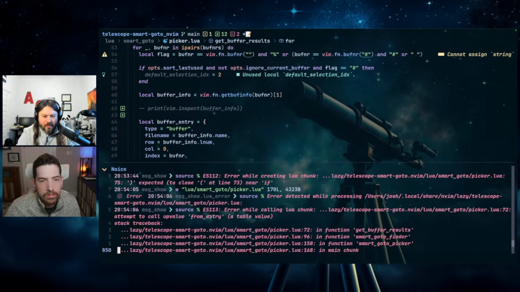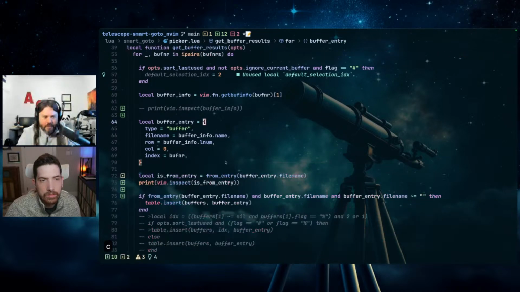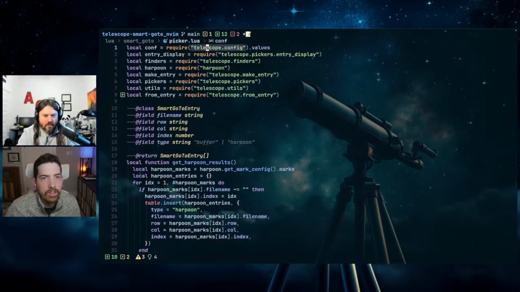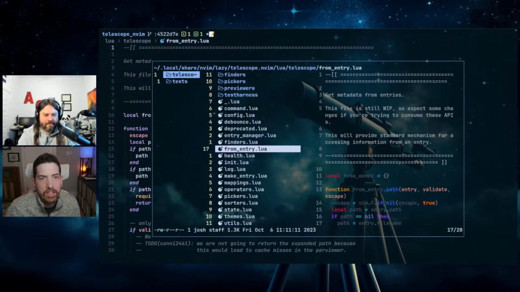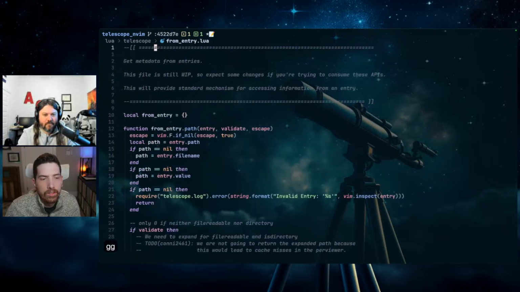Does it not know where from entry comes from? From entry. Unknown. So that's no good. That's a bummer. It is a bummer. Just because I called it here doesn't mean it's been exported. Right. So